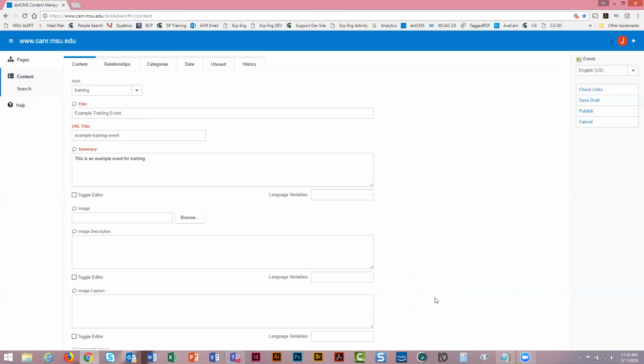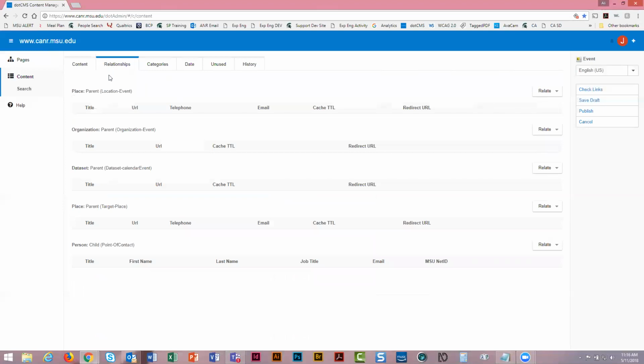The last main thing that we have to make sure that we do is set up what are called relationships. And this is very important for making sure that our event gets in the correct feeds. So if I hit relationships, you can see for event there are some different types of relationships. For most of your purposes, most of what you're going to be doing is a data set relationship or potentially a place relationship if it's for a location. If you're doing a data set relationship, most of your